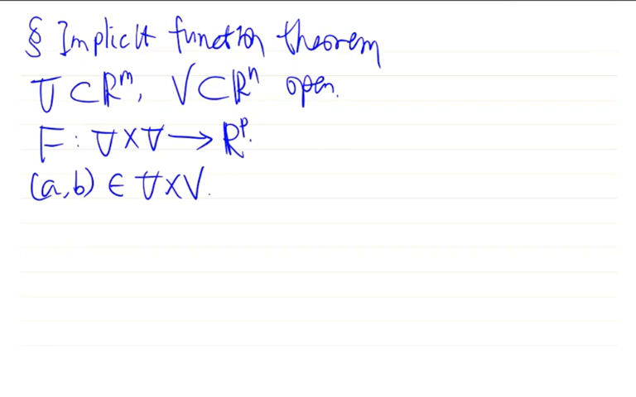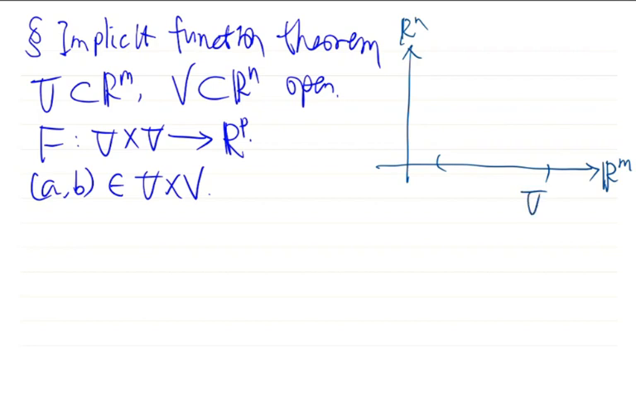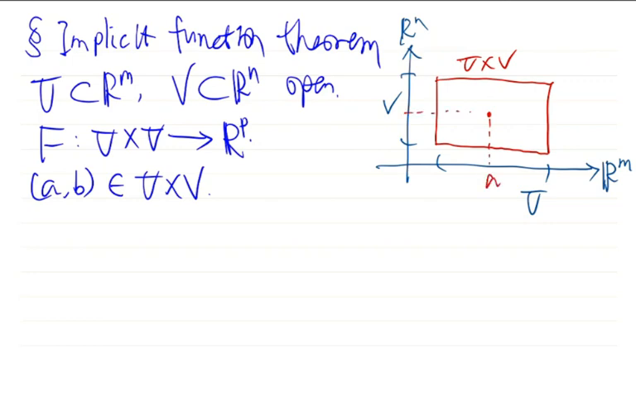Okay, so this is Rm, this is Rn, here is U, and here is V. So this is the Cartesian product of U and V. Okay, so a point (a, b) in U cross V. Then